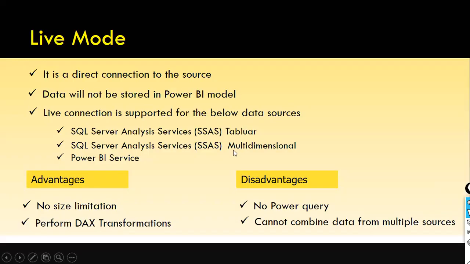But live query is pretty fast. For example, in the case of tabular or multidimensional, the data are already cached in memory. In the case of SSAS, even though you query the data from a remote server or remote system, since the data got cached in memory in the remote system, the performance is faster. Whereas in the case of